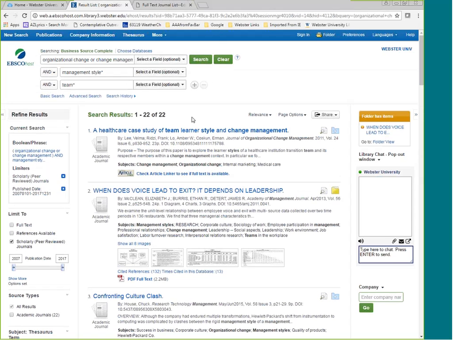So even now, what you might do is go back and expand your search a little bit. So if you think that leadership and management are synonymous or vaguely synonymous, you might want to go and add that. So just because you hit upon a list of